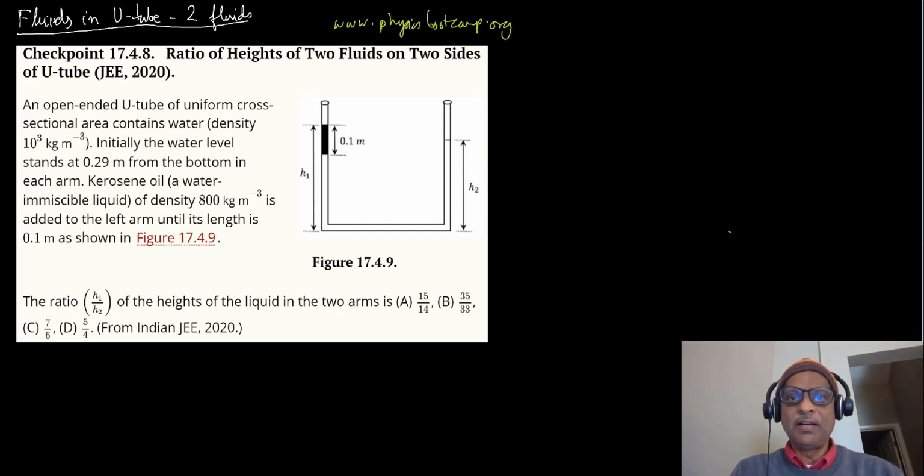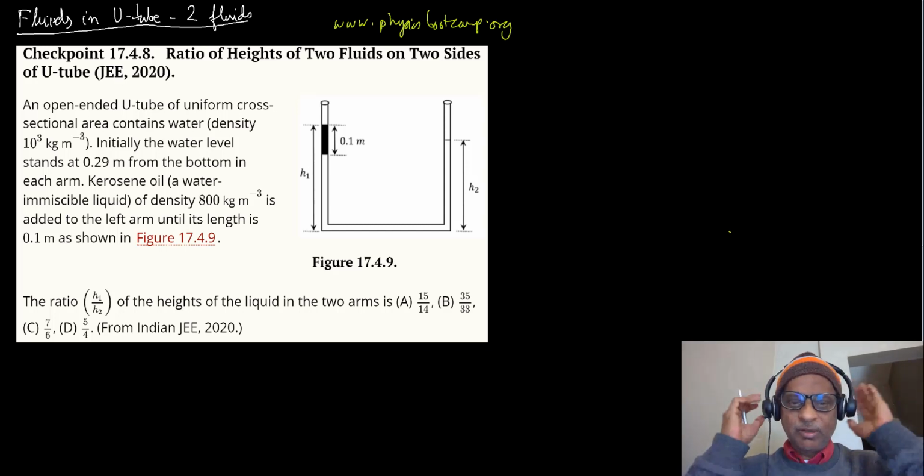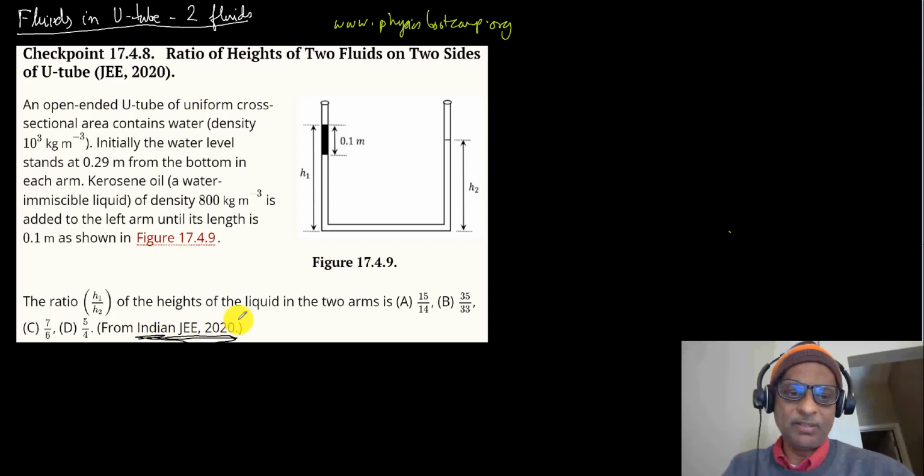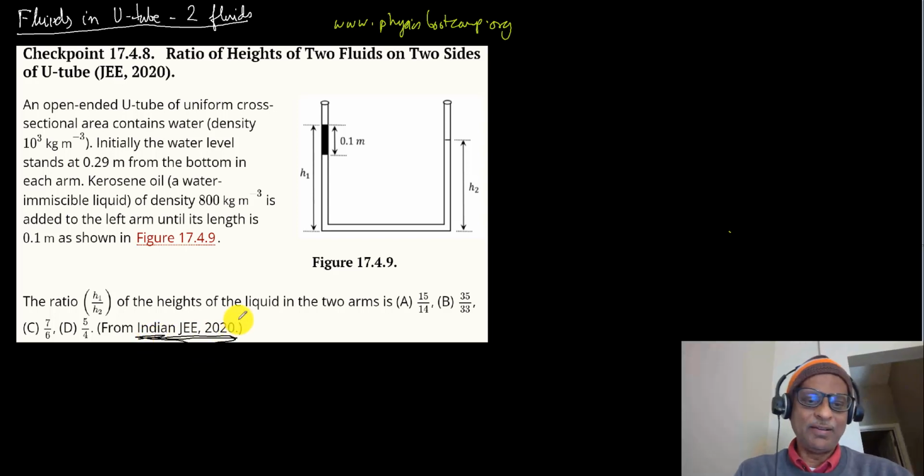Hello everyone. We have a really interesting problem today. This comes to us from Indian JEE, and yearly they have a contest to enter the Indian engineering schools, and they are really a treasure trove of good problems to solve. Some of them are not so good, but this one is pretty good, and it's not a very hard problem